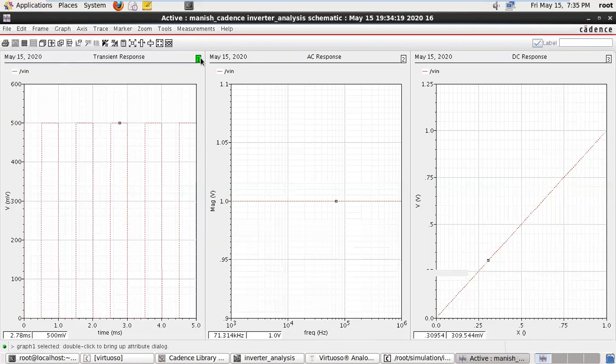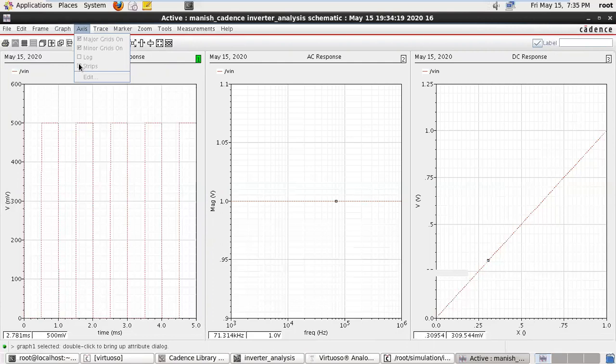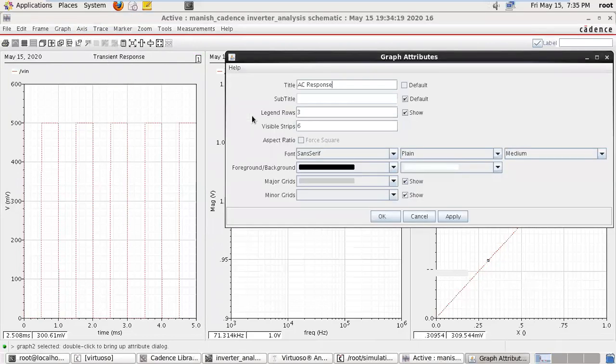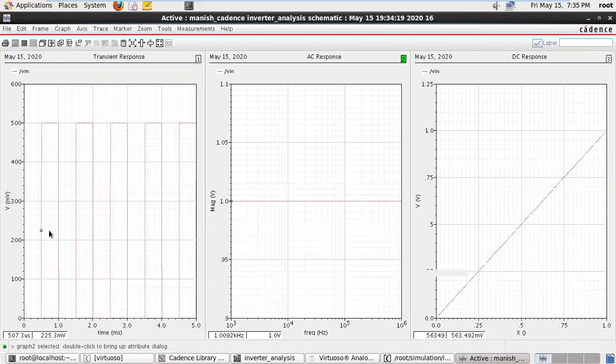Okay, no problem. So when we are choosing the transient analysis, all analysis is with respect to the transient voltage or pulse voltage.